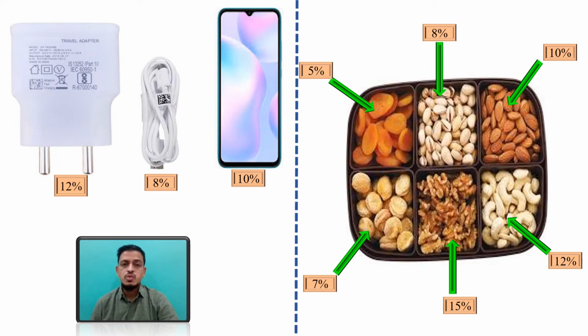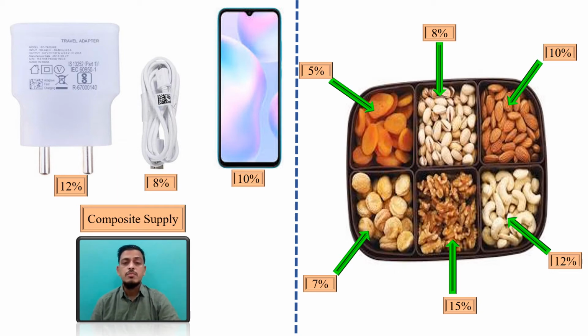So my dear students, this is a composite supply. Why? Because the mobile, charging cable and mobile charger are considered a composite supply because they are naturally bundled. So that is why, now the second answer, which rate will be applicable? The rate of the principal supply will apply to the entire supply. This is the golden rule that you have to keep in mind. The rate of the principal supply will apply to the entire supply.